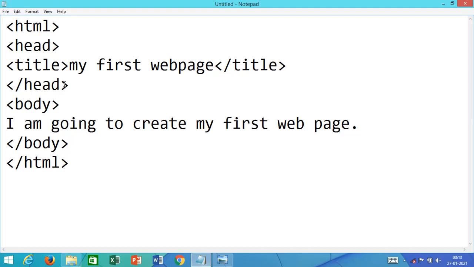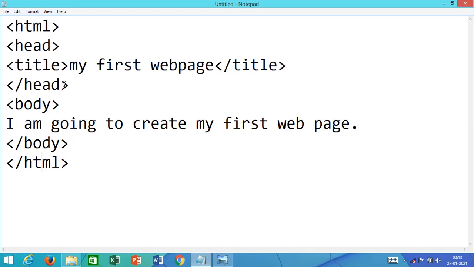Okay, now after writing this, what I need to do? Now I forgot to tell you, this HTML program is written in Notepad. There is a program in each and every computer in Microsoft Windows which is called Notepad. That is the editor, the software through which we write the codes. So how do you search for the Notepad? There are 2-3 ways.